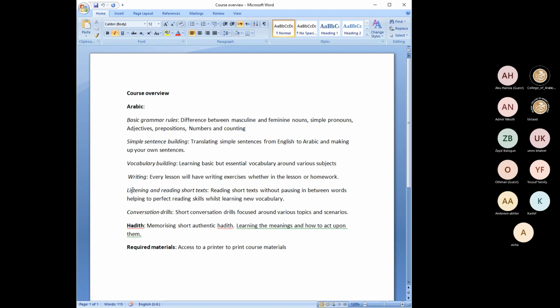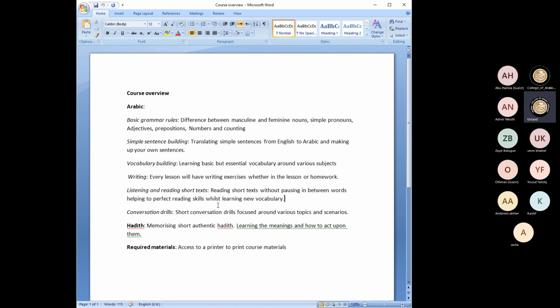So also we'll be focusing on listening and reading short texts. We will be selecting certain texts that we have in the other side books which accompany the Medina books. I was thinking if I could show you a short text, but these short texts are, for example, a paragraph or two paragraphs of a text, and the intention behind it is not really that the